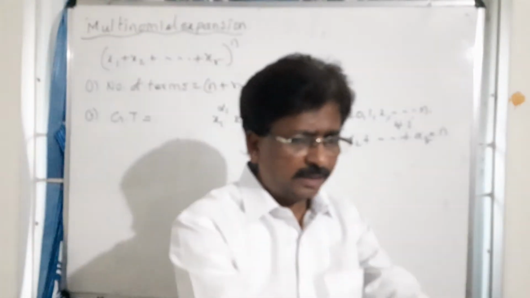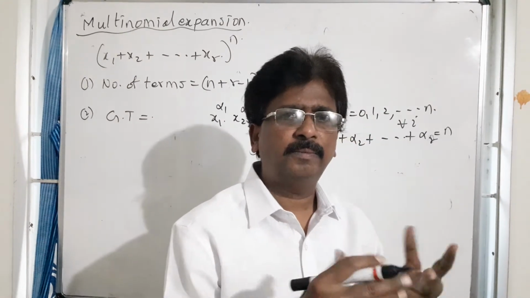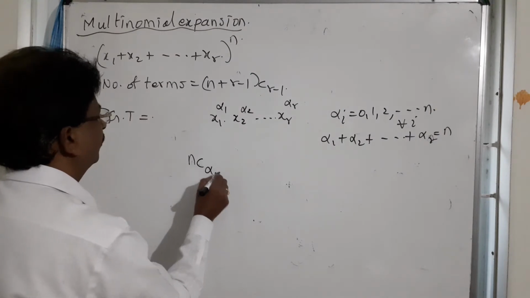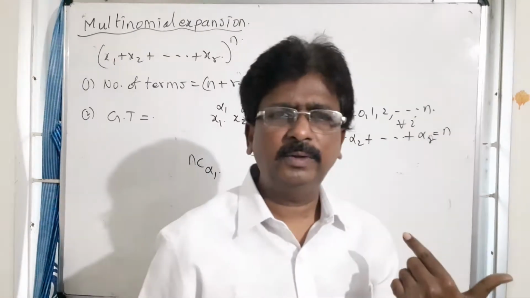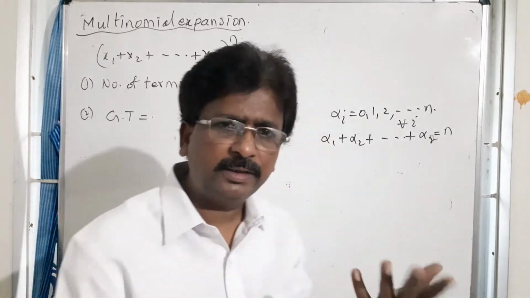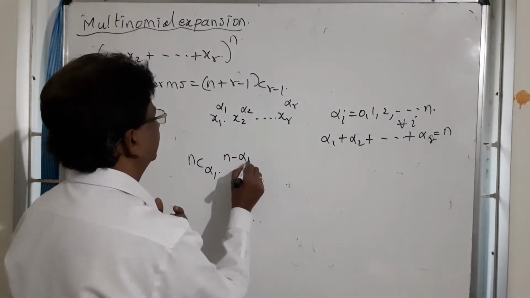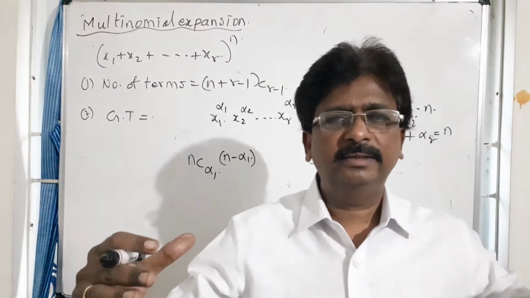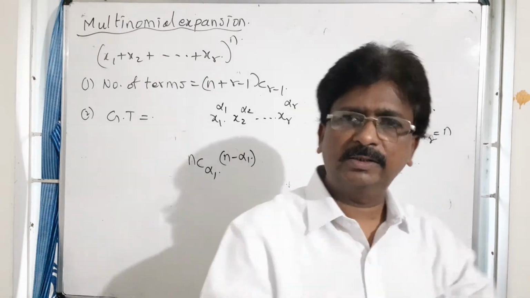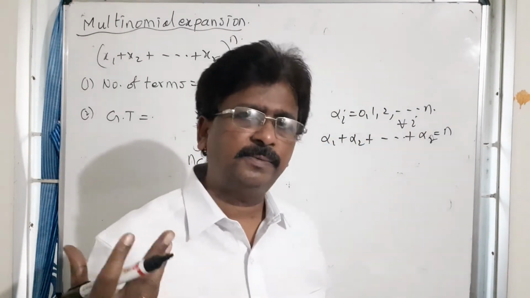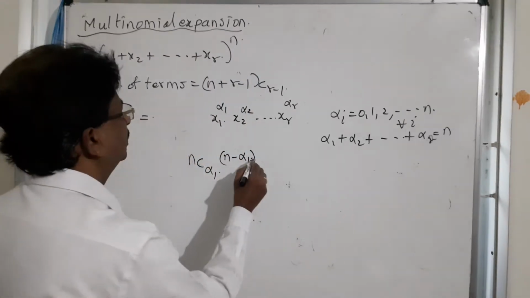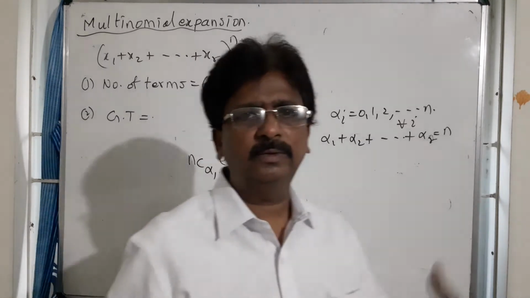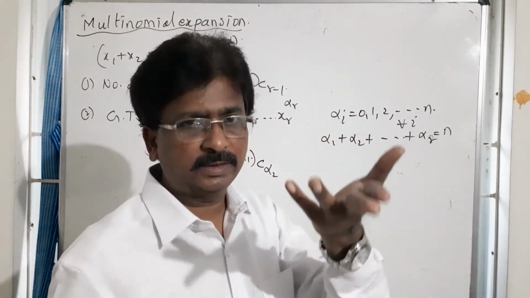Alpha 1 things can be selected in nC alpha 1 ways, and in those ways the alpha 1 things can be given to x1. Next, the remaining things are n minus alpha 1. From these we have to select alpha 2 things and give them to the x2 person. Giving means we have to select first, after that we will give. So n minus alpha 1 C alpha 2 ways we can give to the second person, and continuing this process